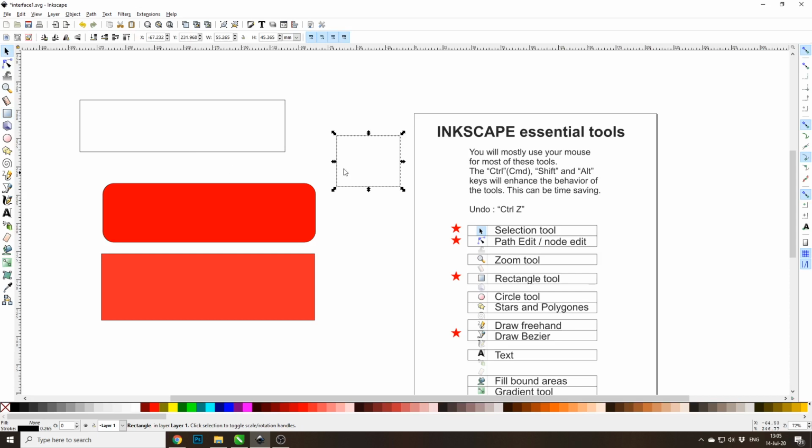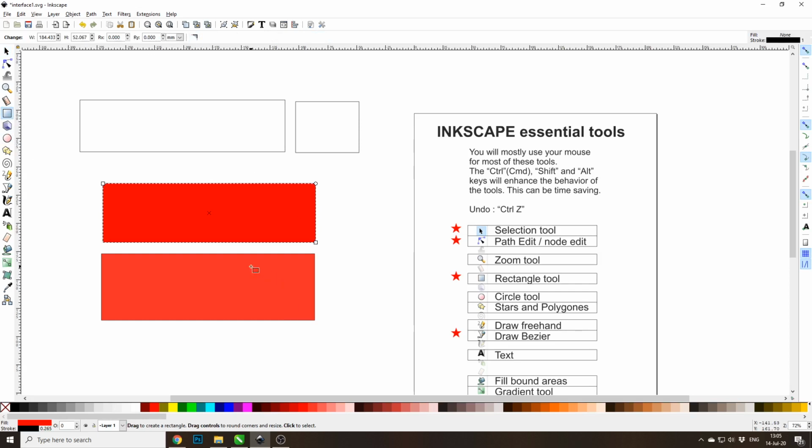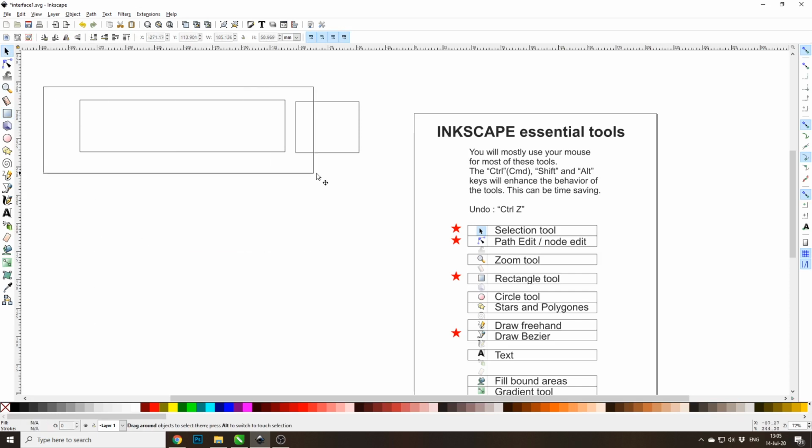This is a property of Inkscape I don't really like. But that's what it does. And once you get used to it and you know what it's going to do, it's pretty easy to restore the round corners. If I wanted to restore this to be sharp corners, I have to go back and select the tool, and then it comes. And this is similar with the